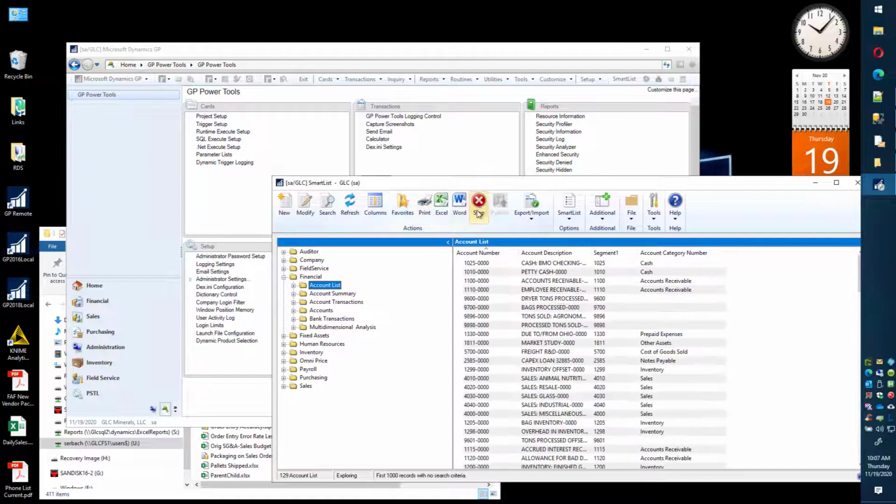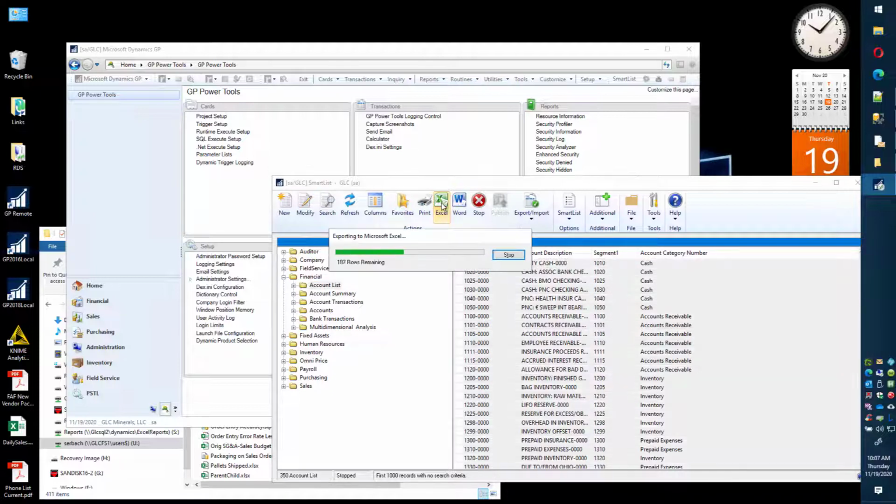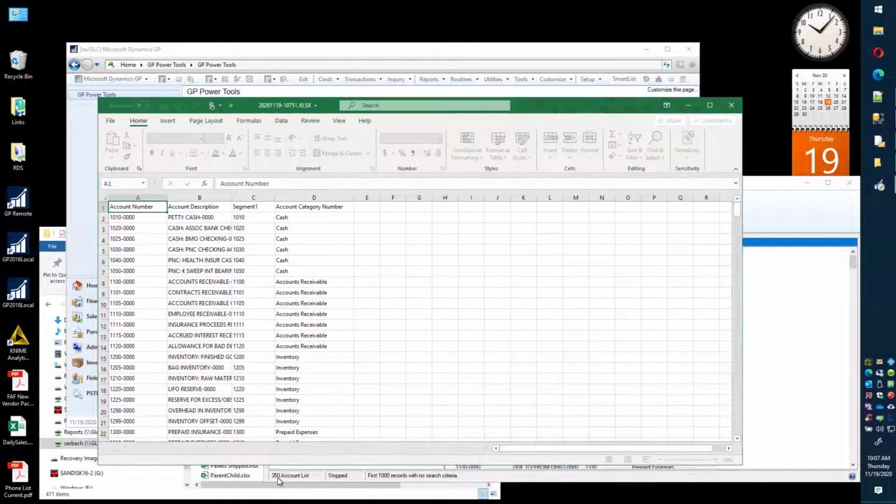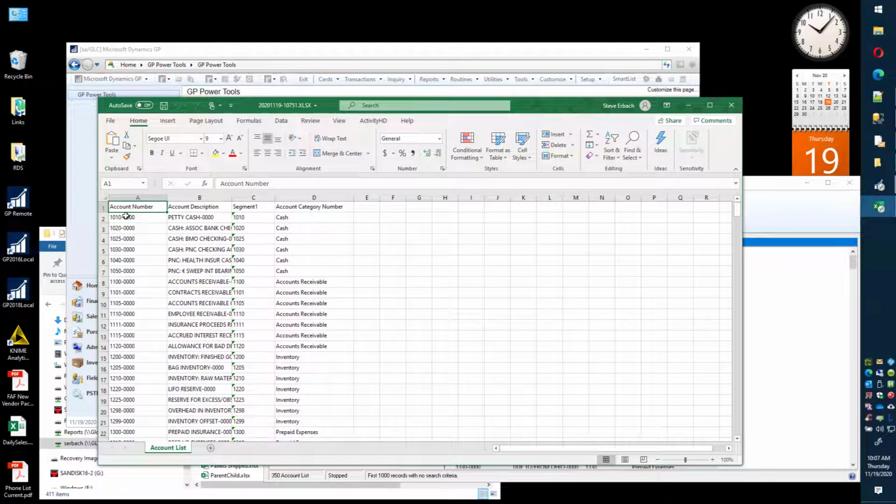So here, we've got about 5,000 accounts. It doesn't really matter. But this list you can export to Excel anytime. Anything that you've got on screen can be exported to Excel. If I do that, however, the readout of the data stops at 350 rows, and that is all I've got